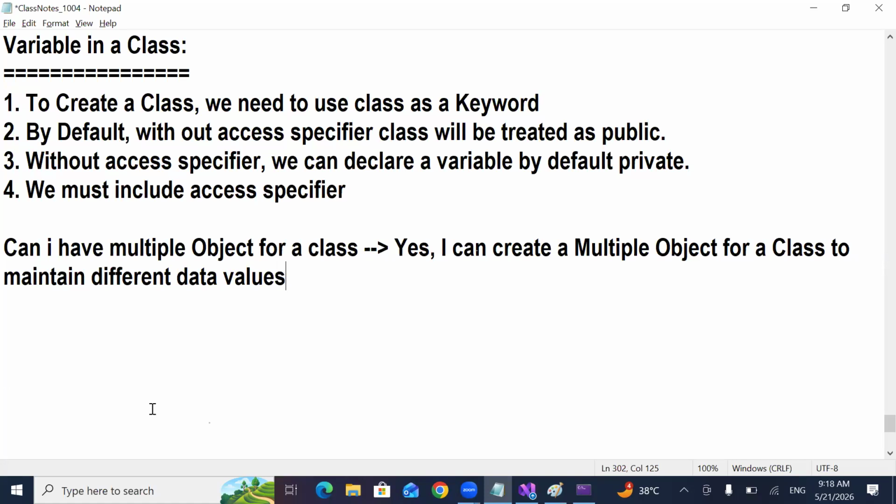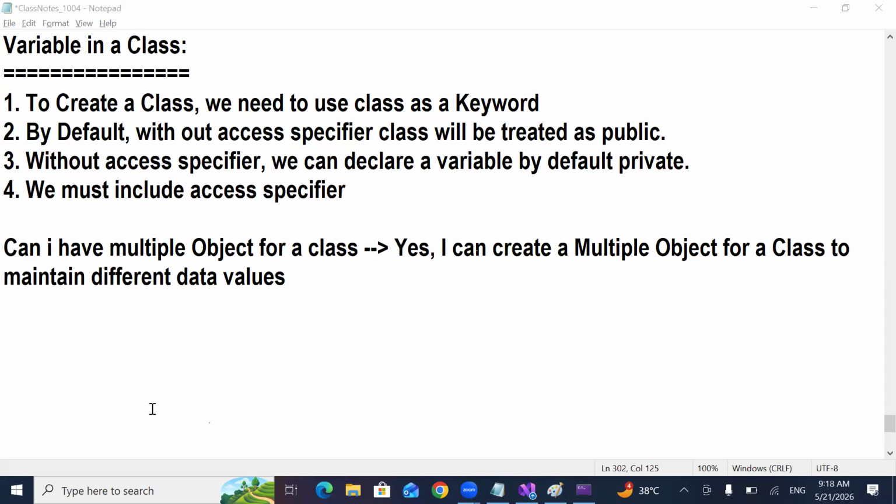Am I right or wrong? You all clear what is a class and what is an object? This is sufficient: what is a class, what is an object, and why do we need class and object in the OOPS concept? The main idea of OOPS is your day-to-day life. Whatever you are doing in your day-to-day life is nothing but a class and object. If you understand your day-to-day life and compare it with class and object, that is sufficient to go ahead and do anything you want.